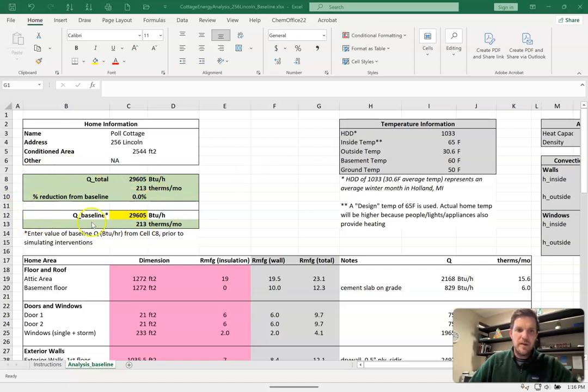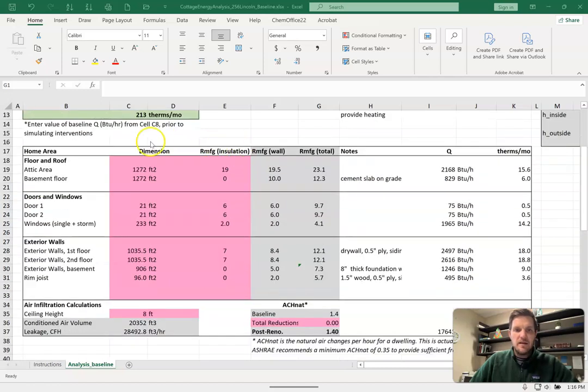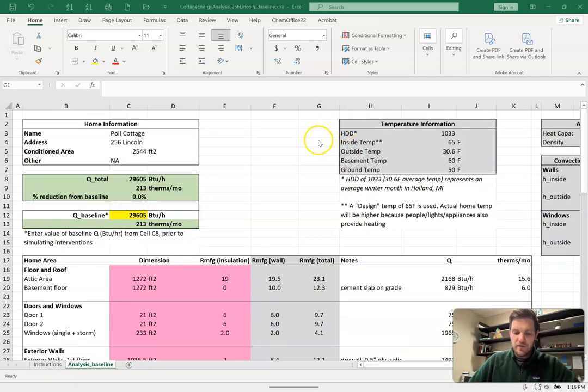Then this green information here, those are some of the key results from our simulation. That's the total amount of heat that this home is going to be using, about 29,000 BTUs, or 213 therms per month. Then here in the middle, the pink values, that's going to be where we add, for example, insulation, where we look at the size of our home. Those are going to be mostly where we actually are editing the spreadsheet. To just walk through a couple of the key features,